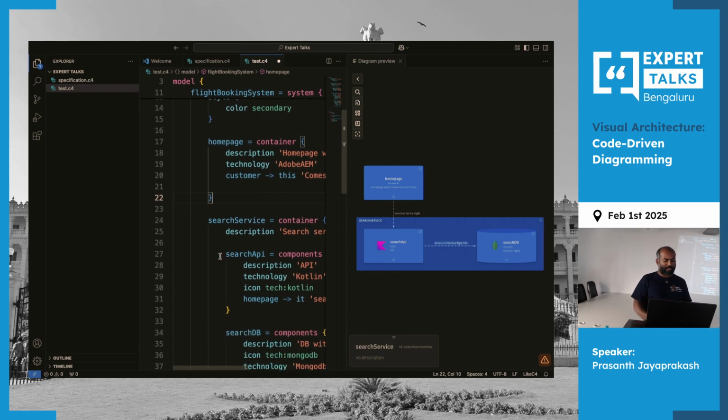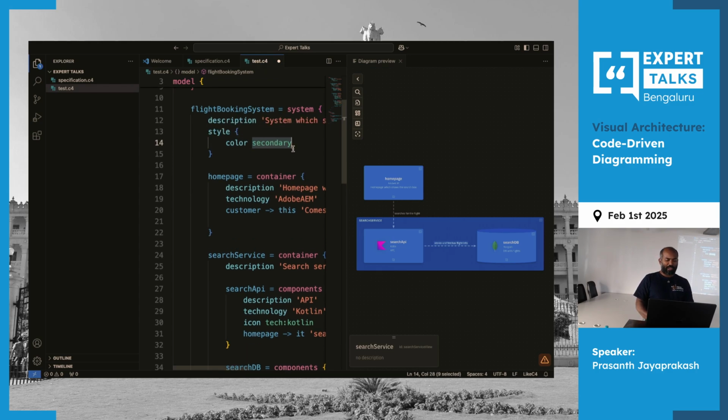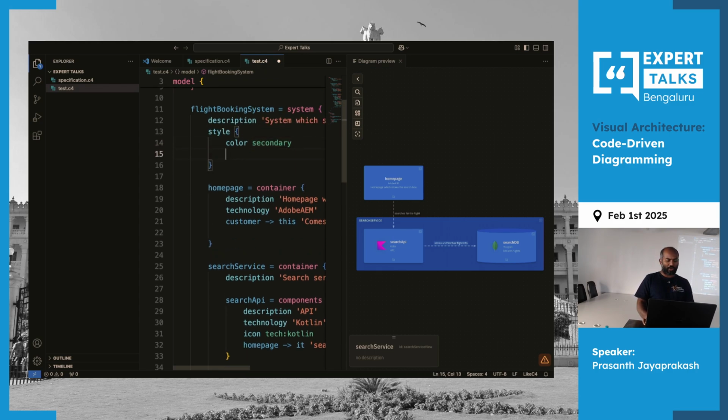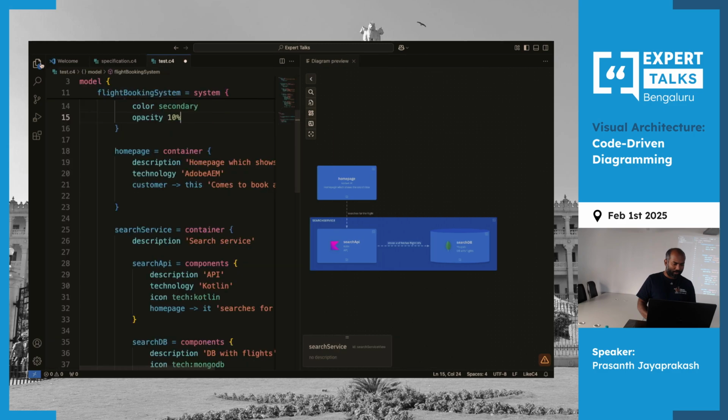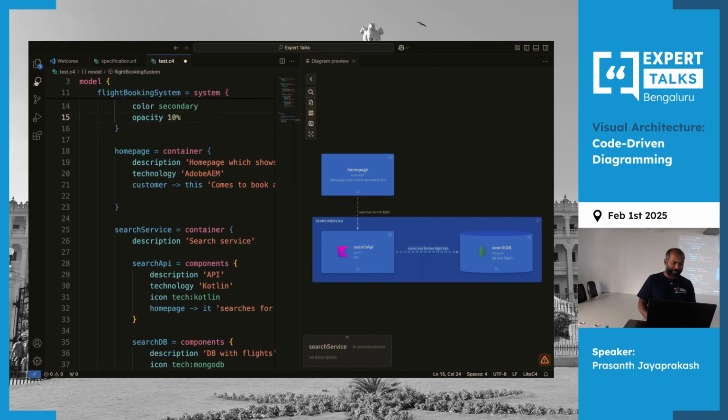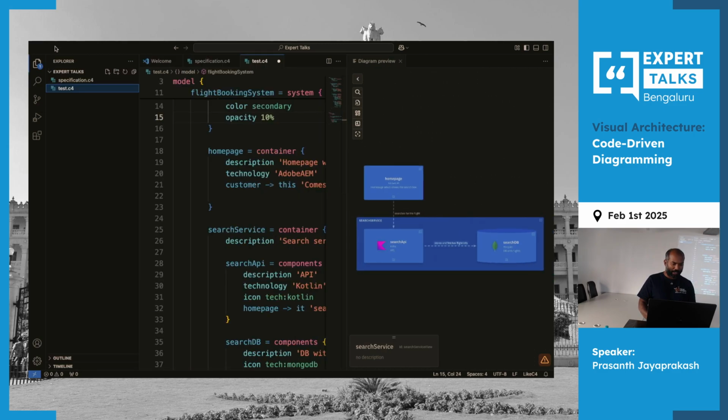And then of course the styles are not just like this. You can change these styles as you normally would, like 10% opacity. All those things you can do by changing these very simple things. It does support a lot of functionalities. I didn't show you many of those things, but let me show you one. I have created another diagram. Let me just open it up, which will help you